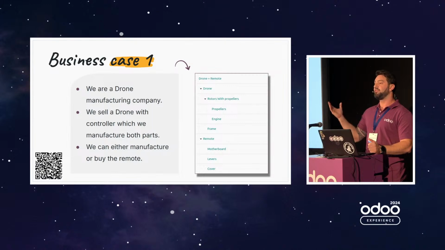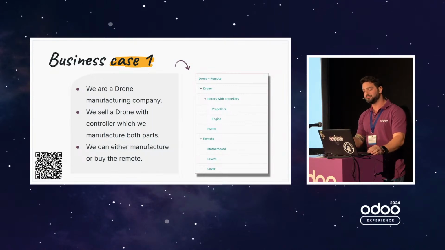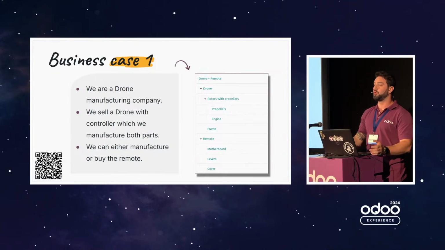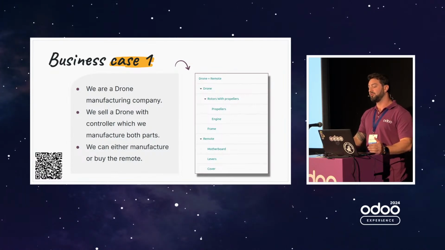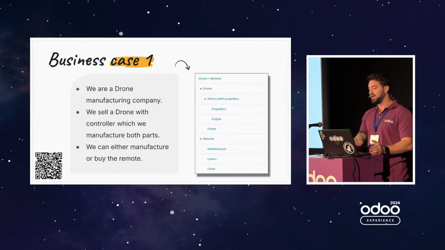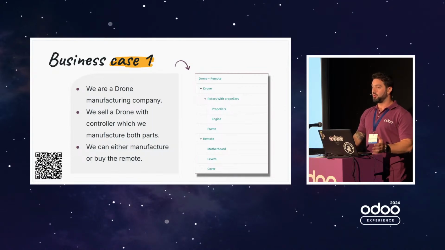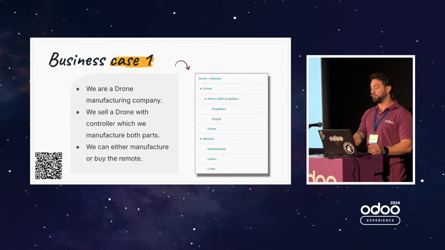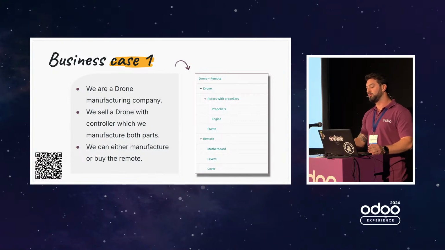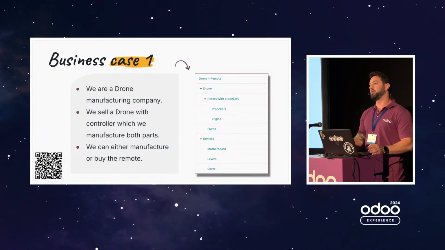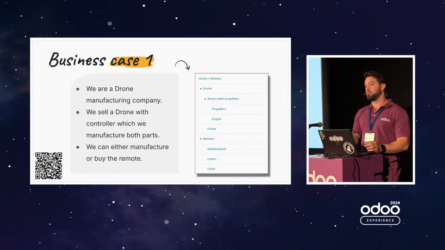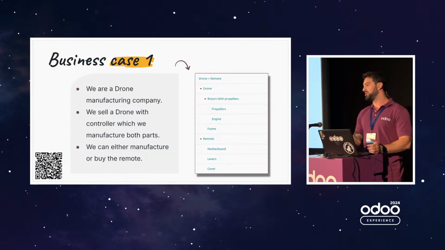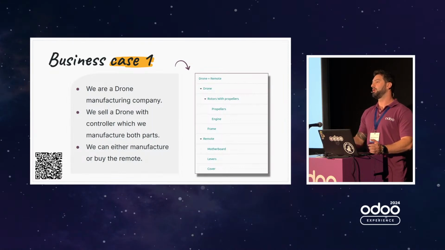So this is a little bit of explanation of the business case. On the right, we have our bill of material overview, and we are producing a drone with a remote control. They are both manufactured, and we manufacture the drone and the remote. We also manufacture the rotors with propellers, and the propeller, engine, and frame, and all the components of the remote are purchased. One important piece of information is that the remote control, we manufacture it in-house, but we can also purchase it